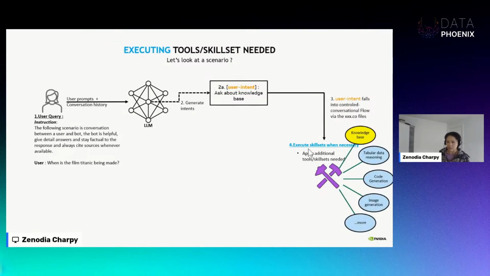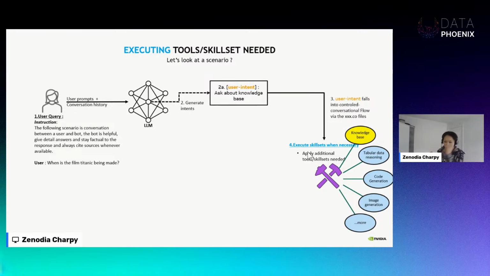Inside there, as we have previously seen, once the intent is triggering the conversational flow, then you get to control it. If I just let the language model run wild, it might be retrieving something from its training data, which might not be up to date.